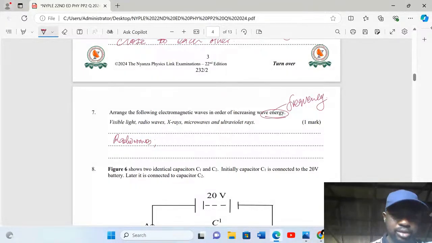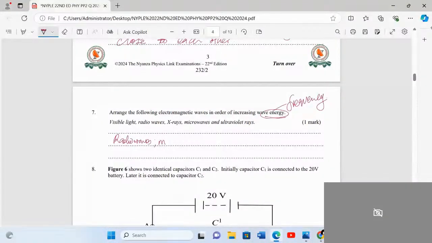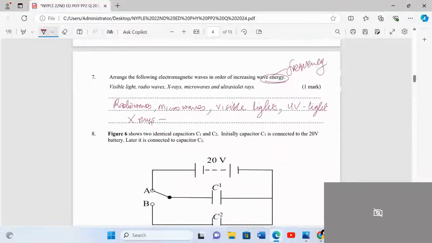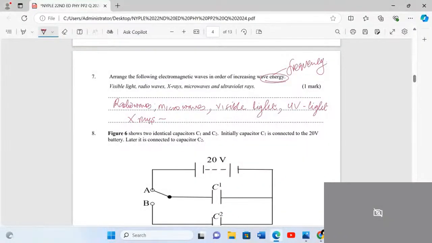It will be followed by microwaves. We have visible light, and then the last one will be the highest frequency. Remember, if increasing frequency has been mentioned, you're also supposed to be able to show it in terms of